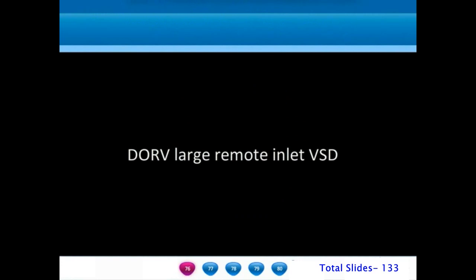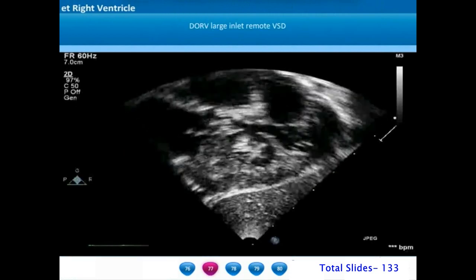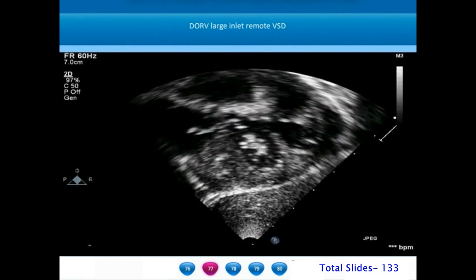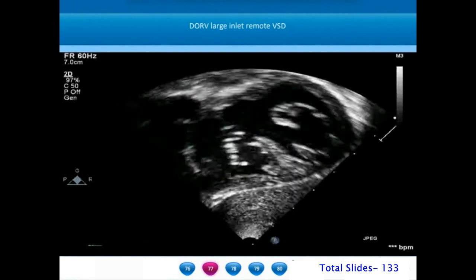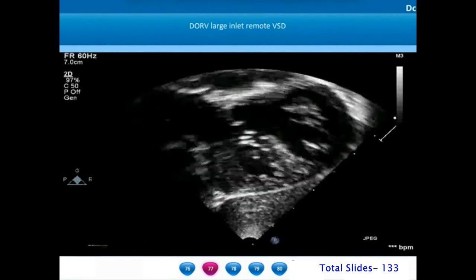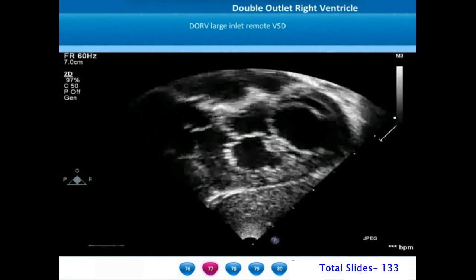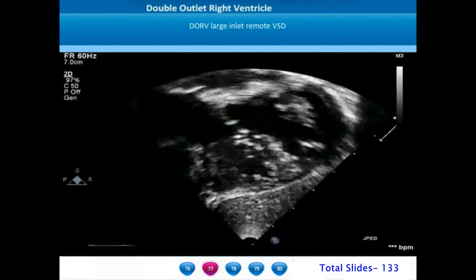So far we had discussed double outlet right ventricle with subaortic and subpulmonary ventricular septal defects. Let us move on to remote types of ventricular septal defects, especially those in the inlet septum. In this subxiphoid short axis view, we can notice the right and the left ventricle. The aorta is originating from the right ventricle almost 100%. We can see that there is a large inlet ventricular septal defect that is located between the tricuspid and the